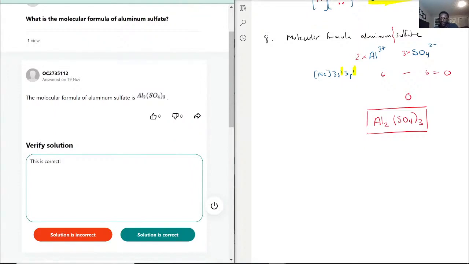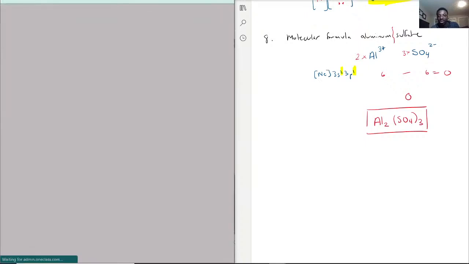Exactly, as we solved it, we really broke it down. We figured out how many electrons aluminum likes to have. Sulfate is something you do have to memorize. It's a little bit unfair for me because I kind of just said that's what it was. But you should have a list of them, especially when you start dealing with all these polyatomic ions. You need to memorize them because there's a lot of them, but the more you see them, the more you get used to them. Sulfate's a very common one as well. You'll see sulfate